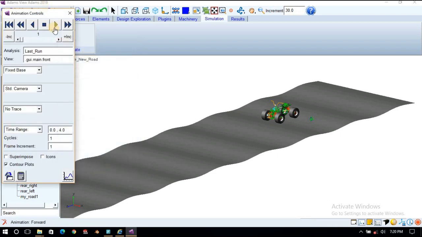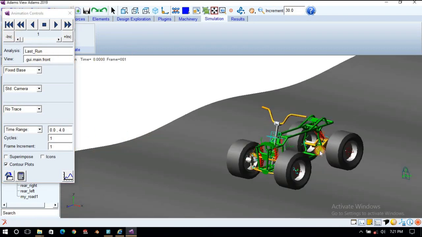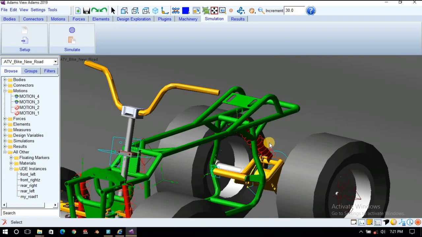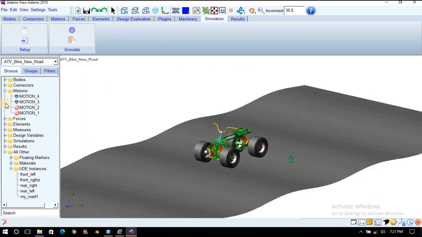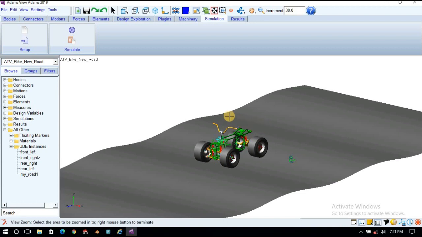Now run the animation. Now it is moving. Yes, it is not behaving properly, so I think the stiffness of the spring is less, so we'll increase the stiffness.